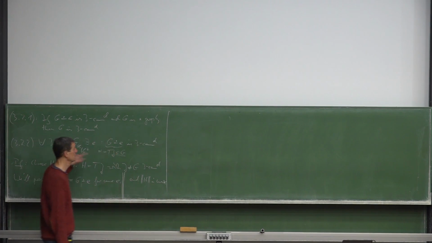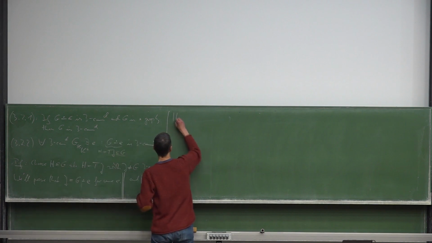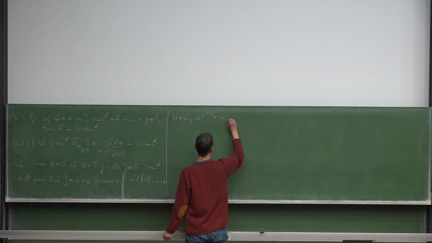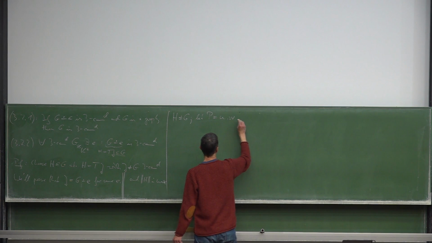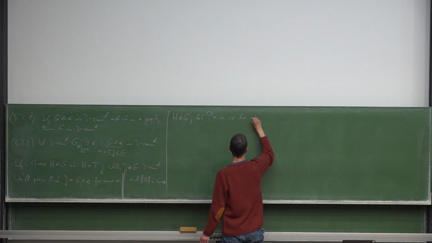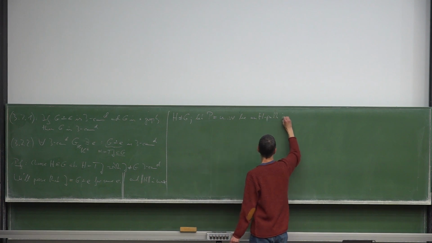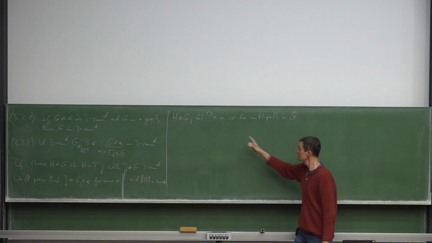So H is not G. Let P be an H path in G. So that certainly exists. It might be a single edge,